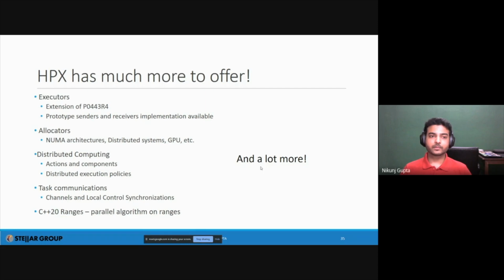So in HPX, the OS-level threads use POSIX threads. For example, in Linux we use pthreads. In Windows we use the Windows OS threading subsystem, and in macOS we use macOS's threading subsystem.